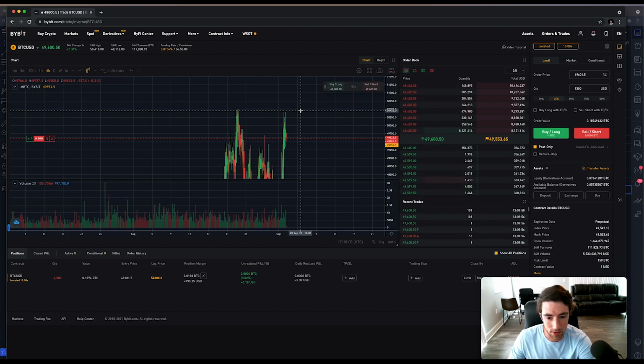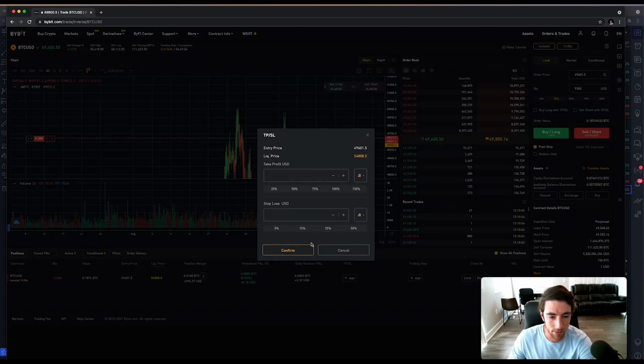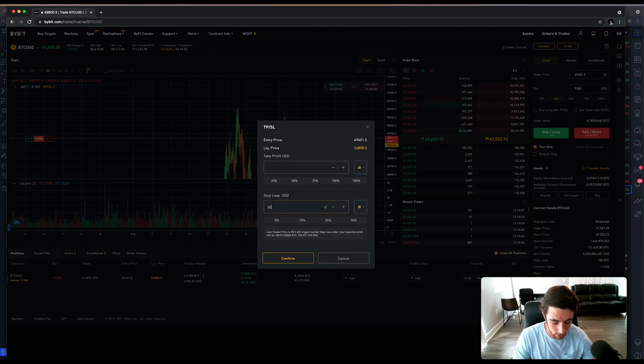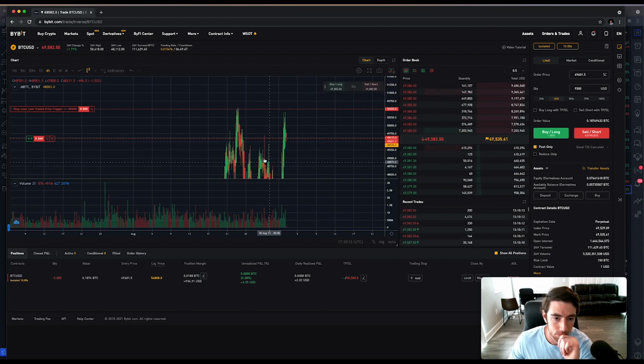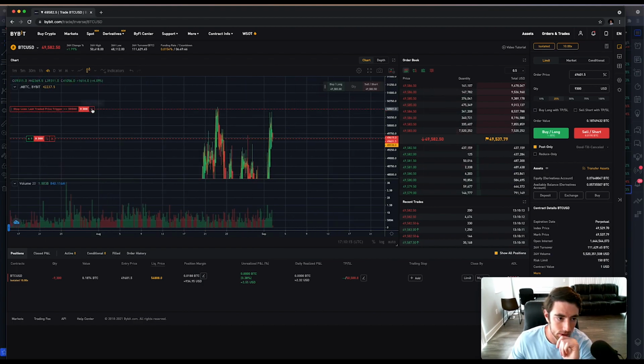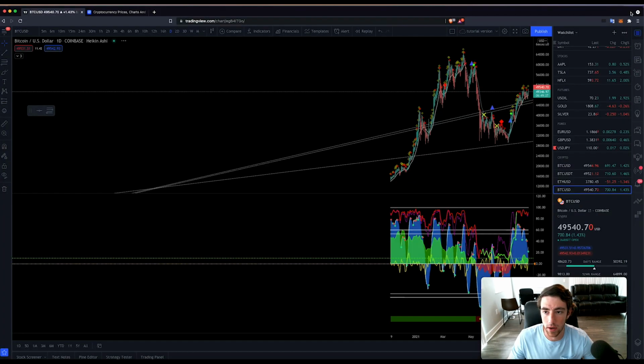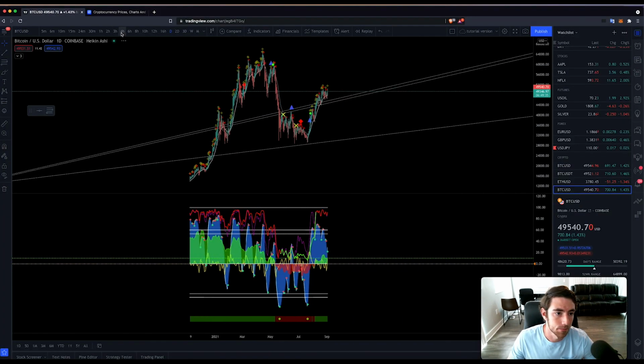So there are 2 ways we could do it. We could do the traditional way, 50 and then 450 and then 5. Let's do somewhere around there. Do that type of stop loss, 17% loss. And then, let's say we don't want to do that. Let's say we want to do a more proactive stop loss. Let's cancel this stop loss. Let's say we want to hedge our bets a little bit and do a stop loss where we go